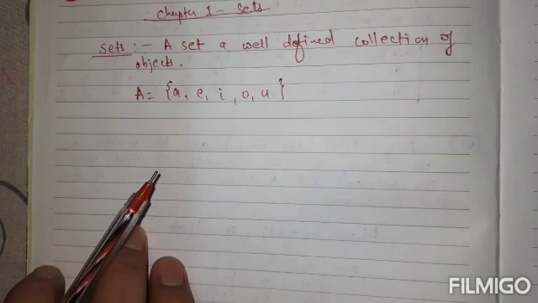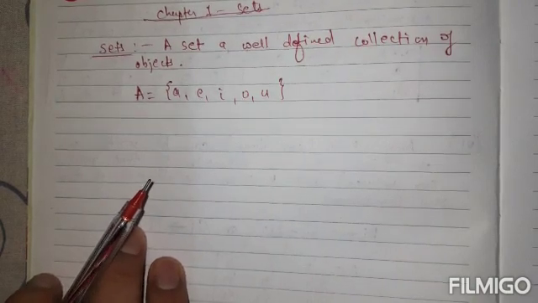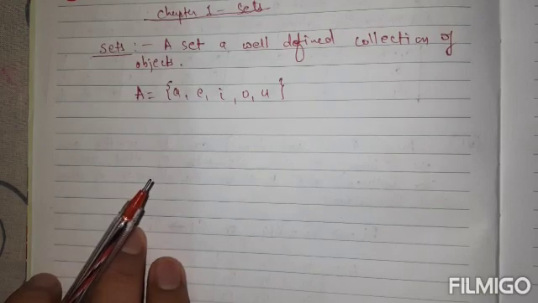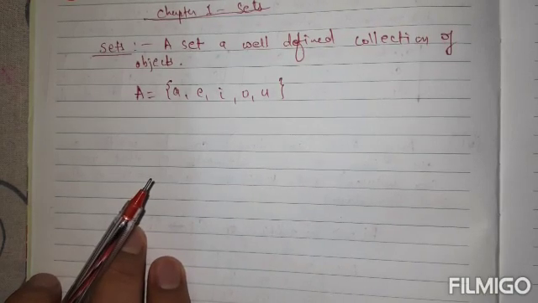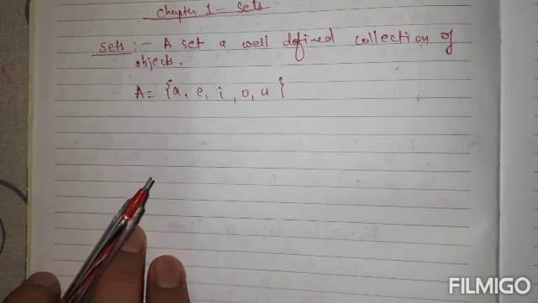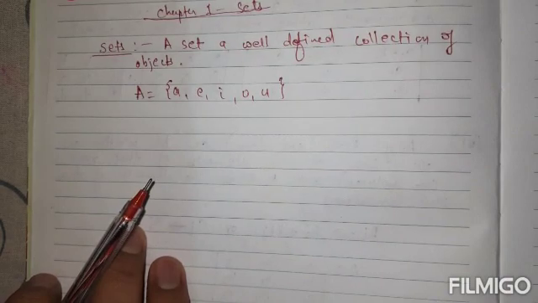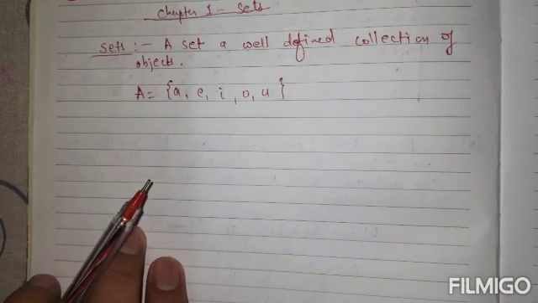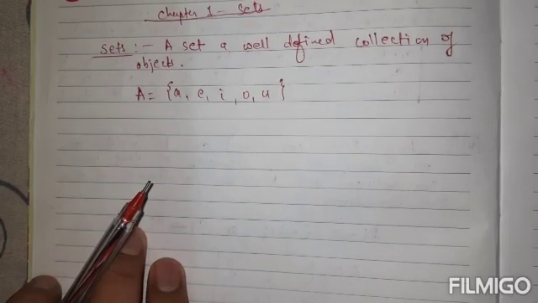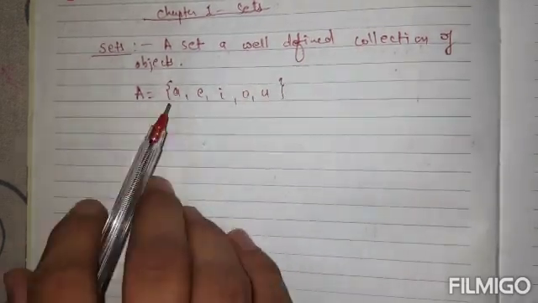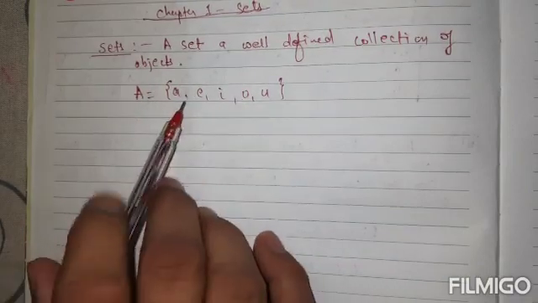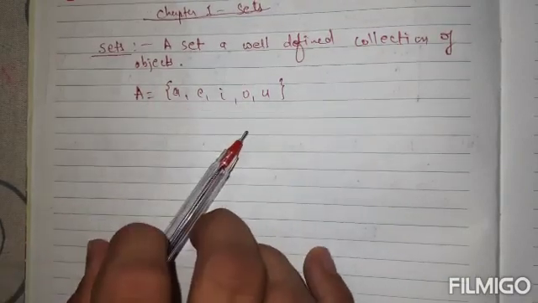If we try to write the set of the best musicians of India, this is not well defined, because there is no scale of measuring who are the best musicians of India. So that's why this is not a well-defined statement. So no well-defined set is formed. Well defined exactly means that we can write some objects here. So this is a well-defined set of all the vowels of the English alphabet.